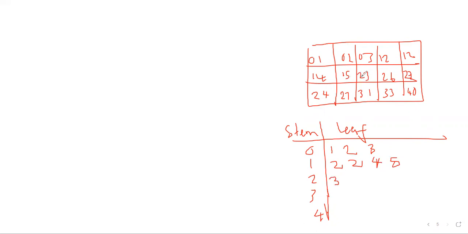But here the order is not okay. We can't go to 2, 6 before we go to 2, 2, 4. So 2, 3, then we go to 2, 4. Then the next number is what? 2, 6. Then 2, 7. There's another 2, 7 here. 2, 7. Then on the threes, we have 3, 1 and 3, 3. On the fours, we have 4, 0, which is 40. Altogether on drawing the stem and leaf diagram,